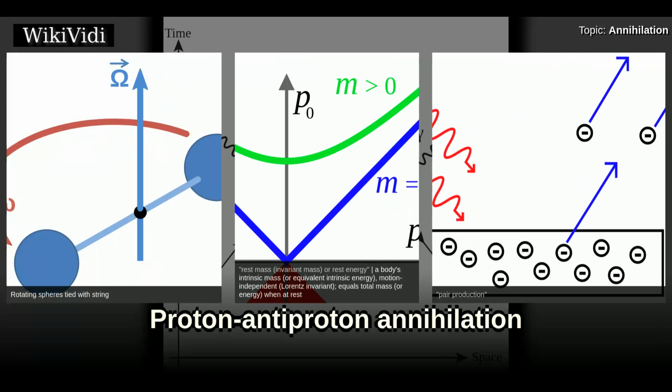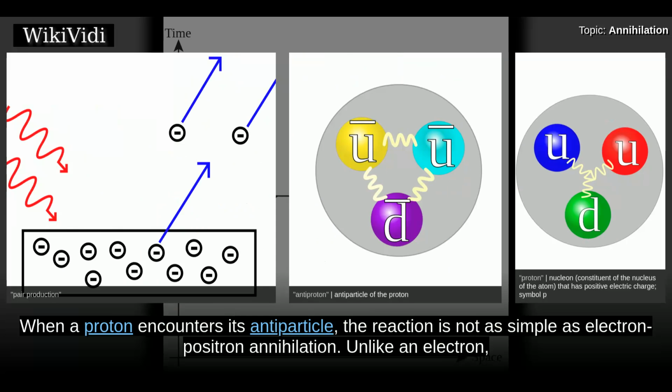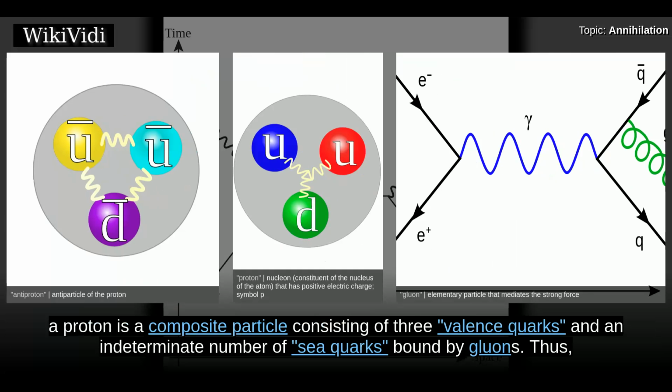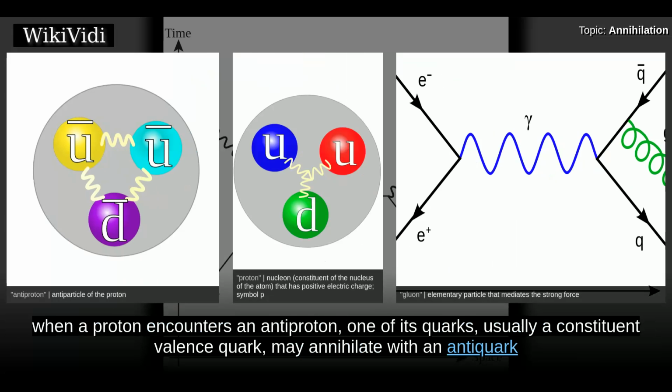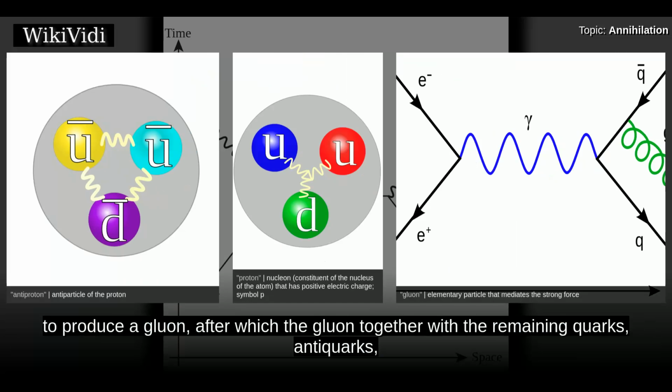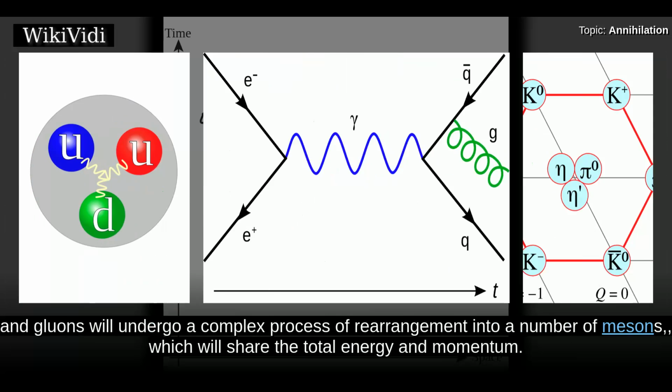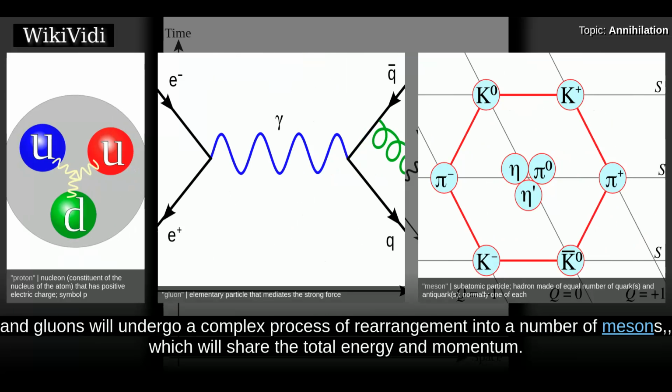Proton-antiproton annihilation. When a proton encounters its antiparticle, the reaction is not as simple as electron-positron annihilation. Unlike an electron, a proton is a composite particle consisting of three valence quarks and an indeterminate number of sea quarks bound by gluons. Thus, when a proton encounters an antiproton, one of its quarks, usually a constituent valence quark, may annihilate with an antiquark to produce a gluon, after which the gluon together with the remaining quarks, antiquarks, and gluons will undergo a complex process of rearrangement into a number of mesons, which will share the total energy and